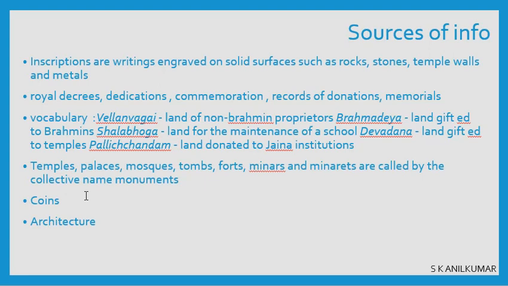No, no, lady cannot be our king. It has to be a male, only then they will be strong. So there was a prejudice against the women, and Rasia Sultana was not able to overcome that. She was overthrown in 4 years, but Rudrama Devi ruled for 10-15 years. So from the coins also we come to know about so many information.